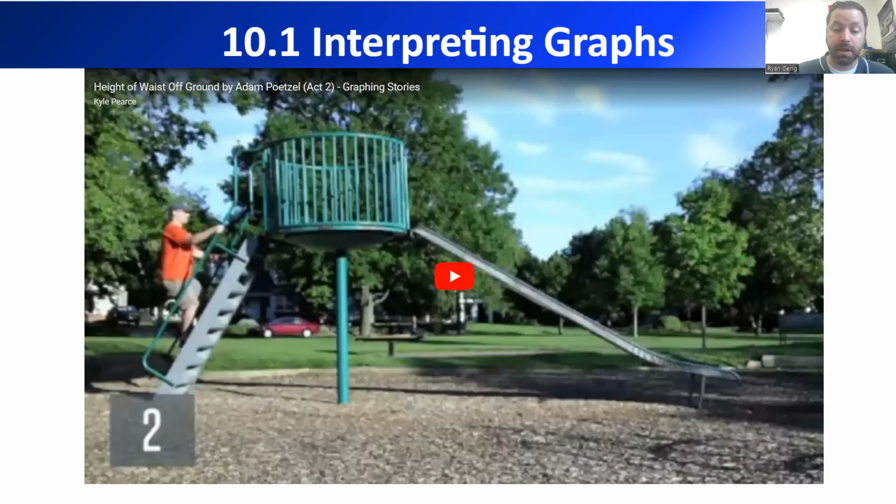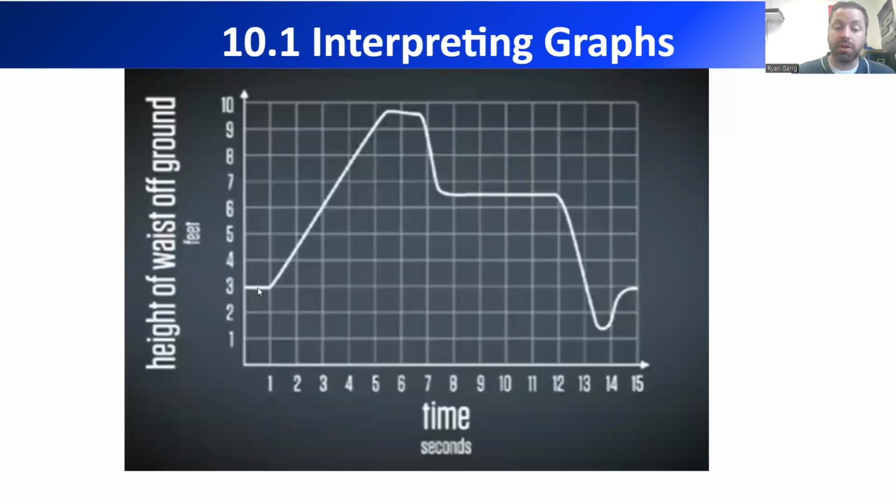Hopefully you paused it. And you should have something that looks a little bit like this. So he starts, his waist is probably about 3 feet above the ground. Okay. And he starts moving and he starts to climb up the ladder. And that's what you're seeing here, the increase in the graph. And then he's walking across. And this right here, a lot of people think he starts going down the slide. He does not. He sits down. His waist, as he's walking across the slide top, he sits down, and that's his waist going down to the